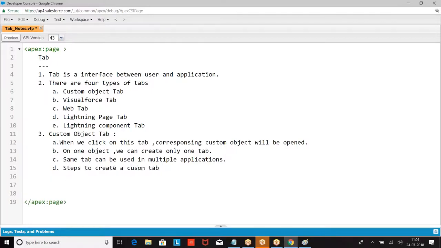Steps to create a custom object tab. What are the steps involved? Setup. First, I am going with Classic.